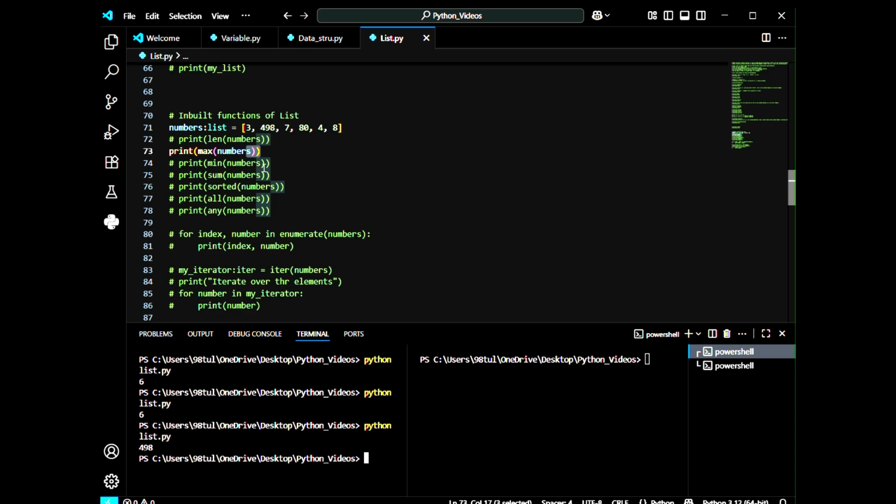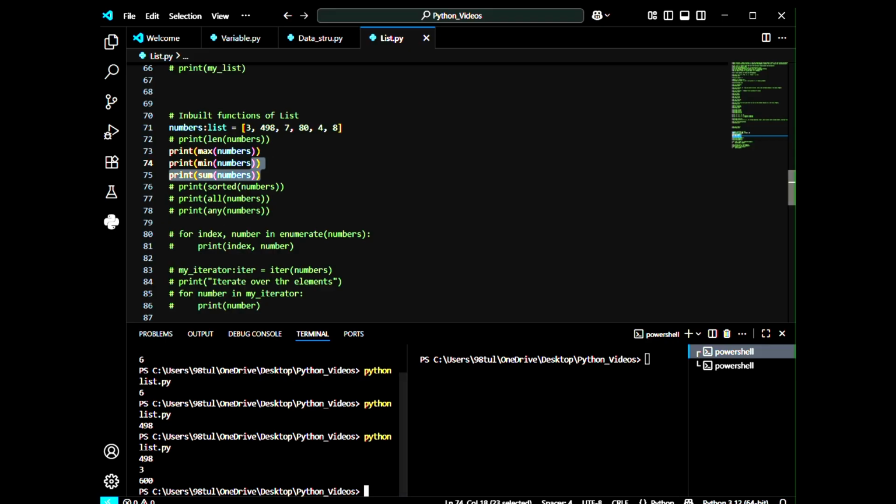In the same manner, we can find the minimum also and sum. So let me uncomment these two lines along with it. Okay, now I'm going to print these three. Here we can see the maximum number is 498 and the minimum is 3, and the sum, that means the addition of all these numbers, will be 600.